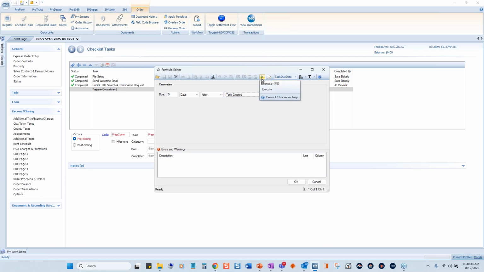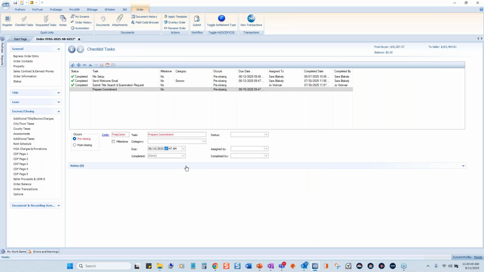If I click on that execute, keyboard shortcut F5 if you've noticed, you'll see here that it has been able to run the formula for this particular tasking due dates based on the parameters that I have set in place. If I say OK and then click OK to close, you'll see that I already pulled in the task, pulling in that 5-date formula